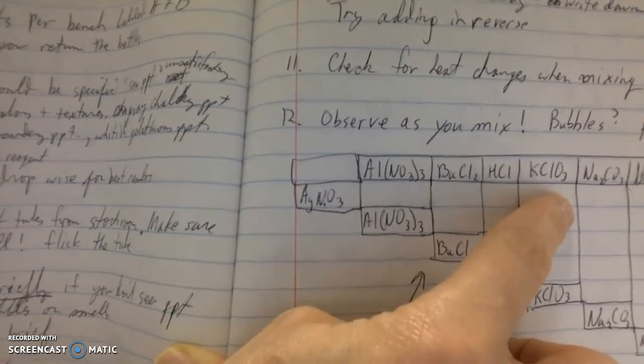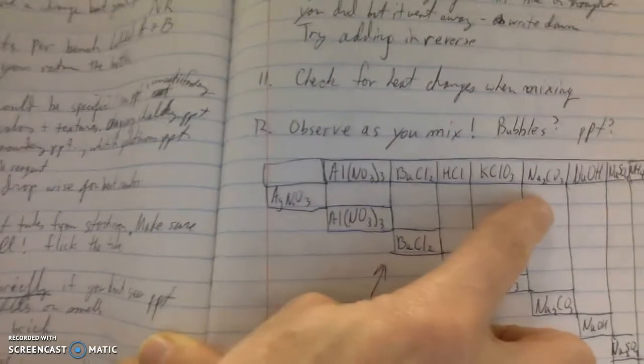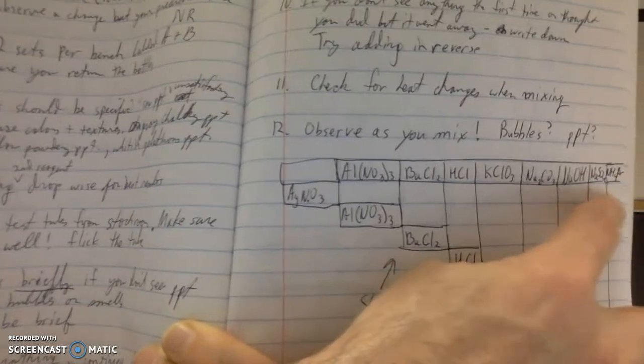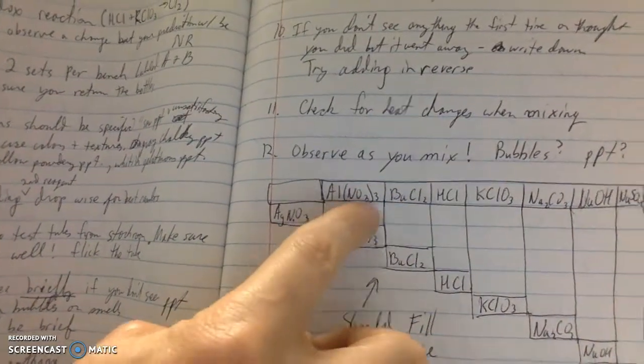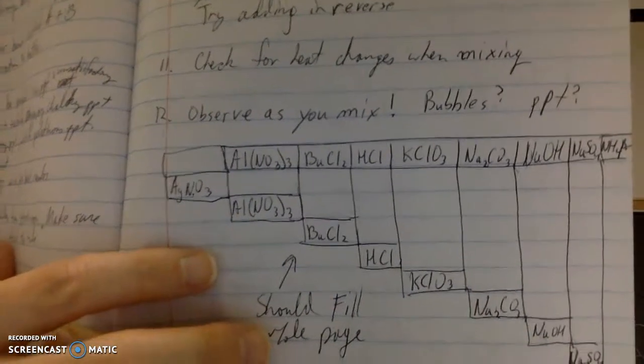That's going to be chlorate, potassium chlorate. And then in the next one I'm going to put this substance. I'm going to go down the line putting in these substances that are written on top. So when I'm done with those reactions, those mixtures, what I'm then going to do